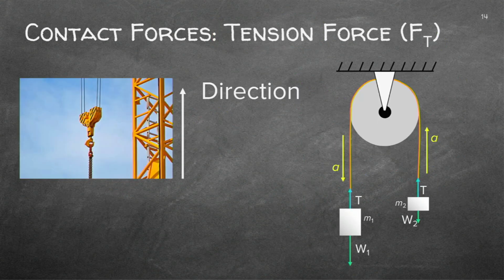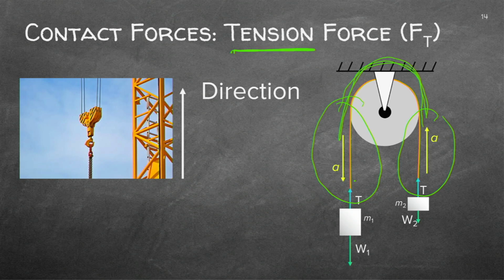So make very sure that you always have a 90-degree angle from the slope to the object, and that will be your normal force. Right. We also have things hanging from cables or strings or whatever you detach it from. In this case here, I've got a string, and the same string is going over that pulley. So you've got the string, and this we call tension. Can you see here? There's tension in those cables. There's actually tension in that cable as well, pulling at whatever mass is down there. So tension will then be signified with the T. Make sure that you know, in this case, it's pulling upward.